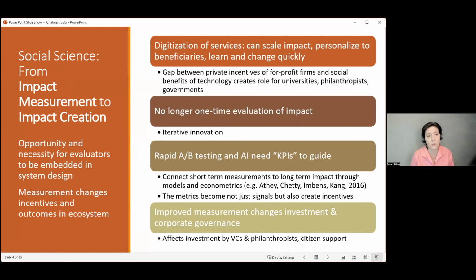applications. When we think about how these applications matter and why we're tackling them, I feel like there's a really important opportunity today to go from just impact measurement to impact creation. A lot of social scientists have gone out and tried to use things like randomized controlled trials or A/B testing to see what works. We can look at the effect of class size or bed nets. But in digital services, you actually have to embed yourself in the process if you really want to be influential, because the product is changing all the time.